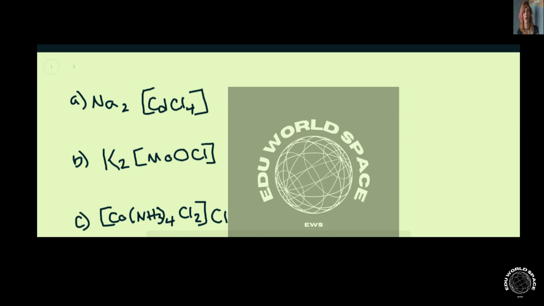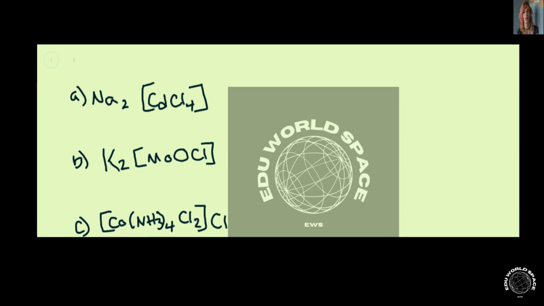This question asks us to determine the coordination number and oxidation number for the metals in each complex. So we're going to start with the first one, which is A. So we have